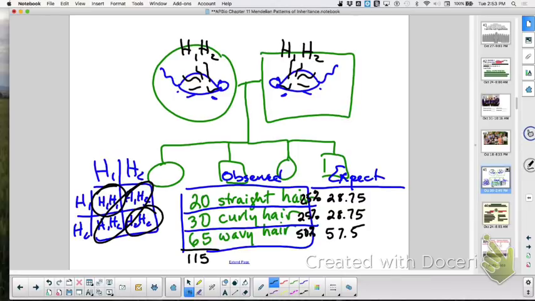And those two wavy rats are having sex together. Sorry, that sounded really weird. Okay. And so when you have two wavy-haired rats mating,